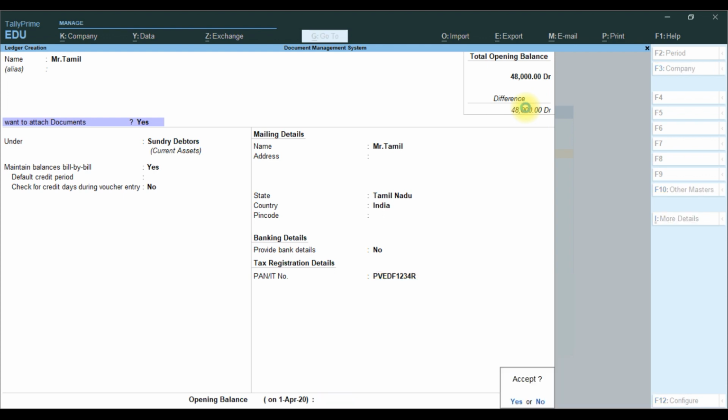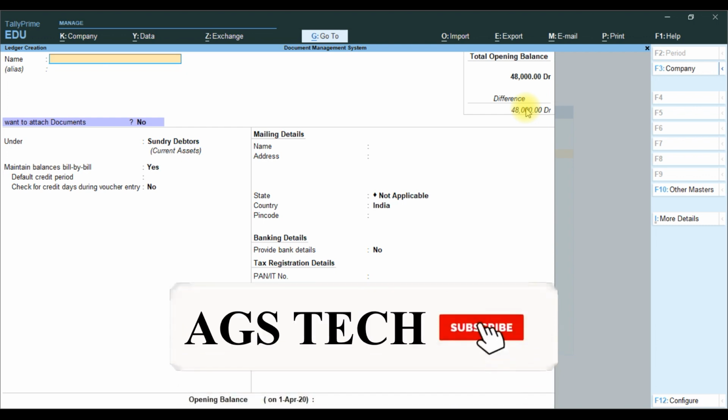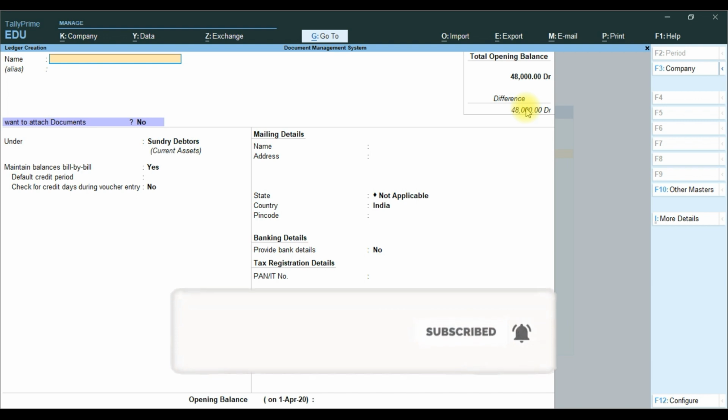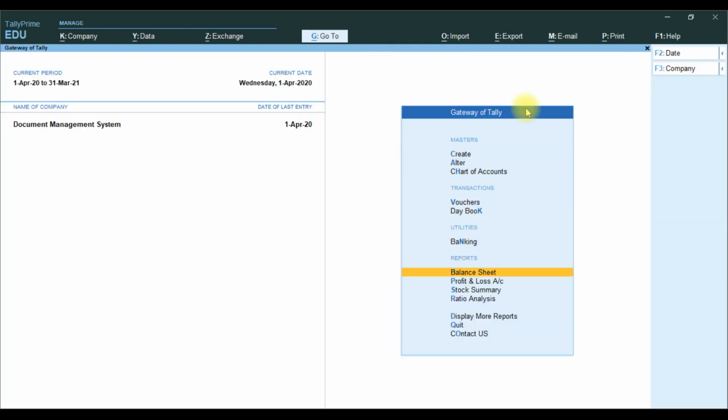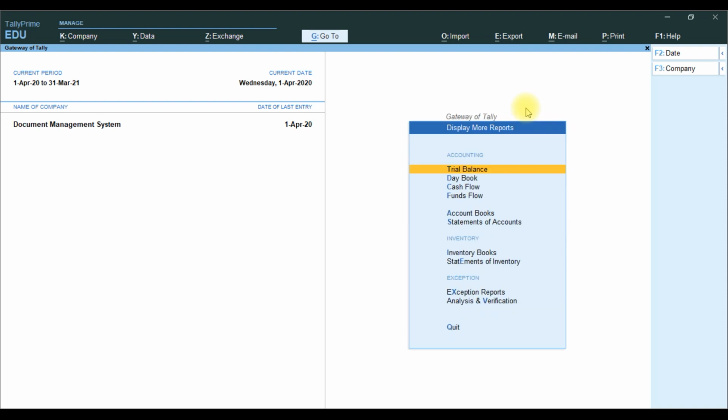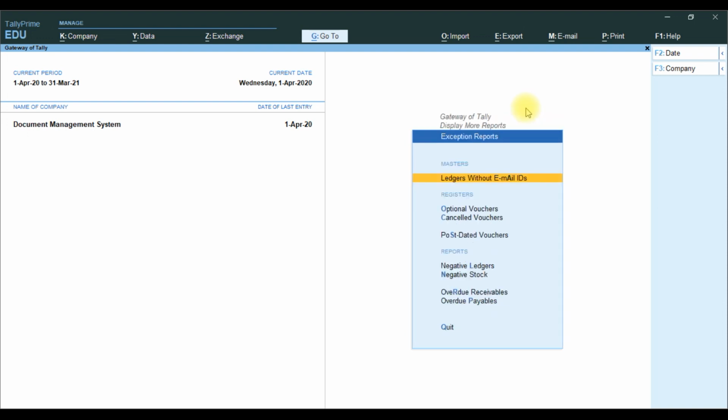Then save the transaction, save the master. If you want to see this detail, go to display, exceptional reports,